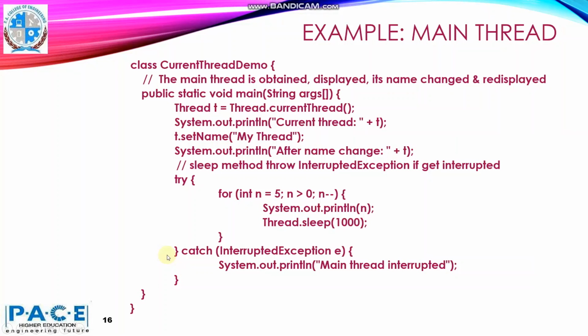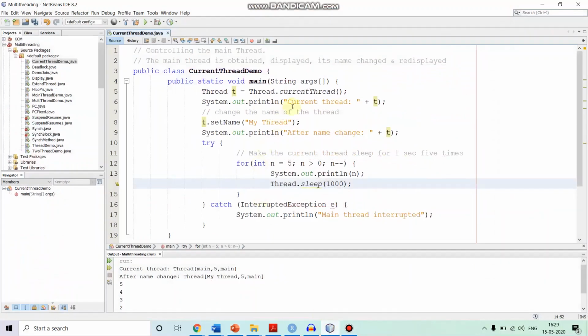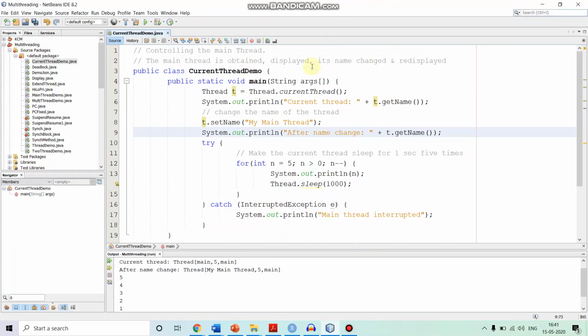So we'll now look at a program to access the main thread. Let us discuss now a Java program to obtain the main thread, to perform certain operations on it, and to display it.